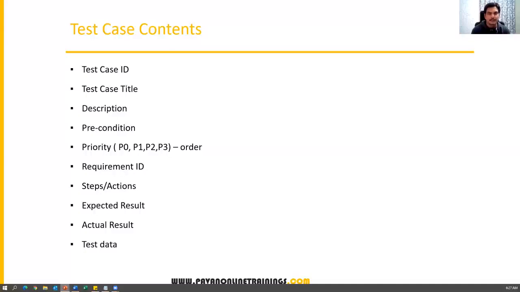And then priority. Priority means what? In which order we have to execute the test cases. Suppose I have 100 test cases, which test case do I have to execute first? So how will we know that? We have to prioritize the test cases, and based on the priority we have to execute the test cases in proper order, like P0, P1, P2, P3. First we give P0 priority to the